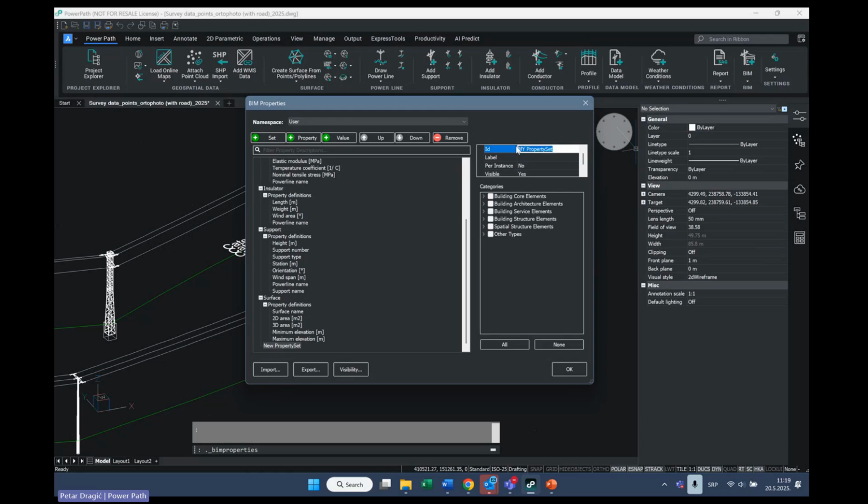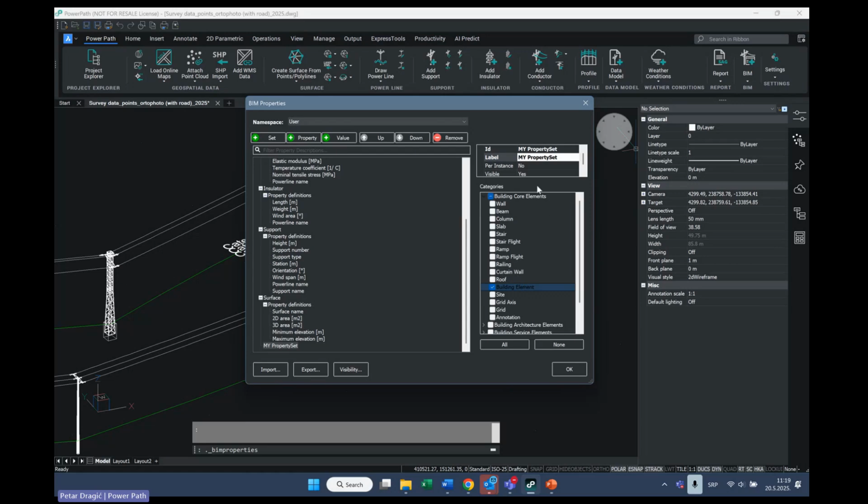The label will also be my property set. And here per instance, at this moment I will put no, but the option is to define it as yes, and visible I will say yes. When you define a new property set, it is also important to define categories, or better to say classification, because I already used the classification building elements for these models. I will use building element.